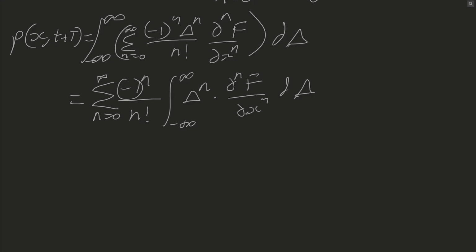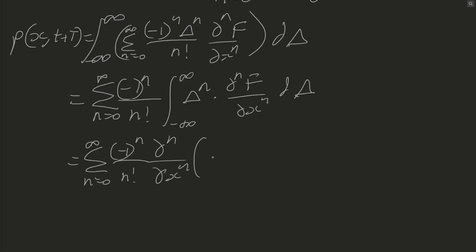Oh, the handwriting is bad. It's okay. Now, what's crucial is this partial derivative is with respect to x, but this is with respect to delta, so we can take that out, and we can take all of that out, to be honest, which is then equal to the sum over n equals 0 of minus 1 to the n over n factorial, and then the partial derivative of p of x, t times that integral from minus infinity to infinity of delta to the n